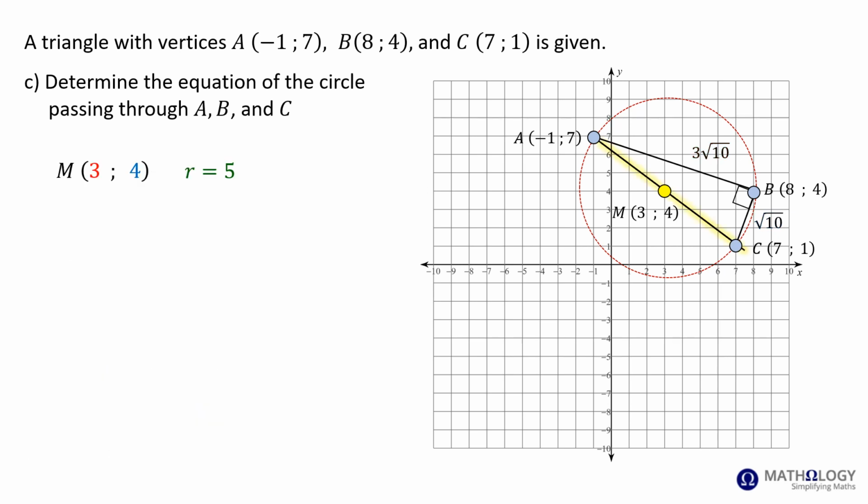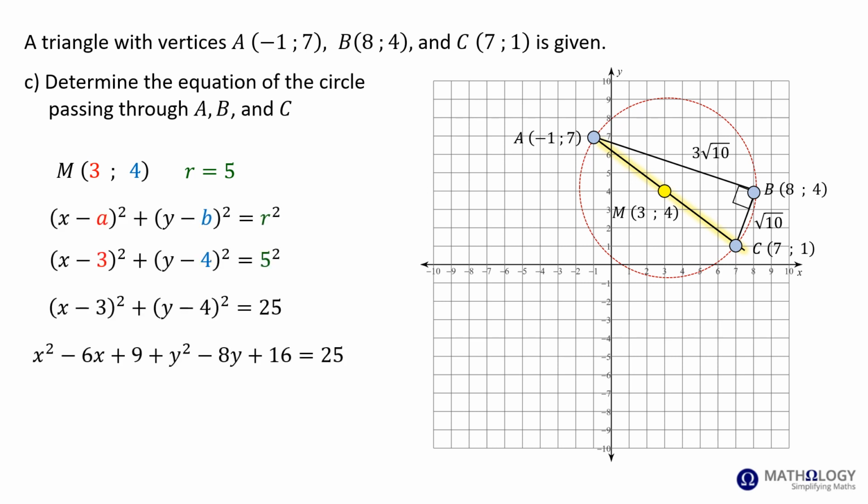And now that we know the center and radius of the circle, we can determine the equation of the circle passing through A, B, and C. The equation of the circle, in standard form, is given by x squared plus y squared, minus 6x minus 8y,